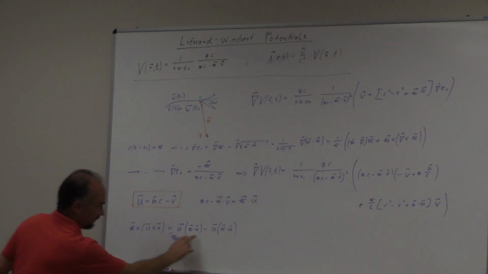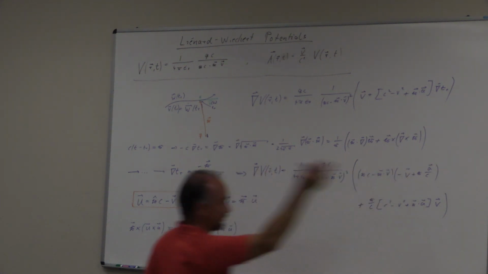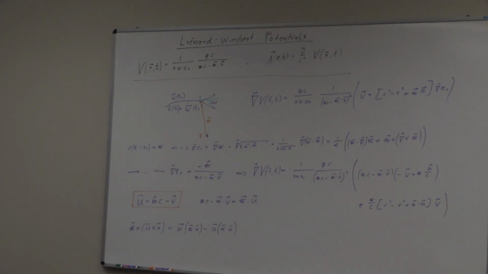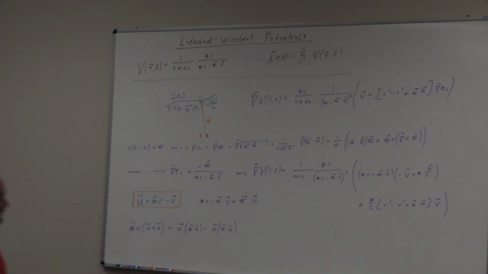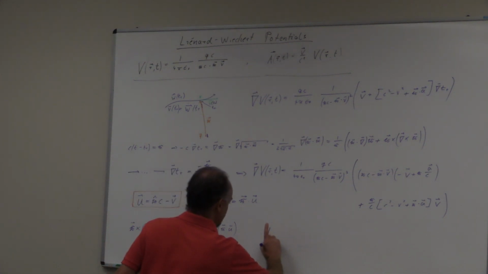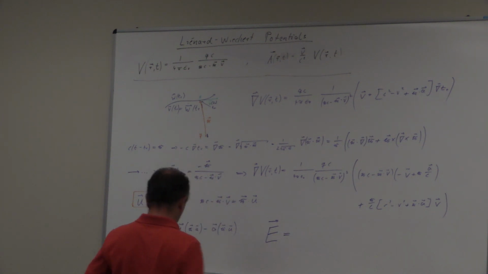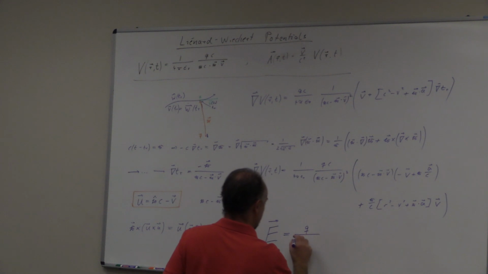That's these kind of terms we'll get in here, and more terms from the T. These we can combine ultimately to get a triple cross product like this. What we find in the end as our final result of the field of a moving point charge is then Q over 4 pi epsilon not